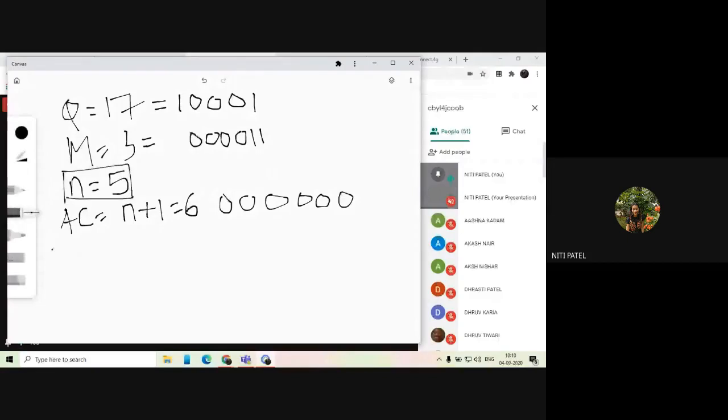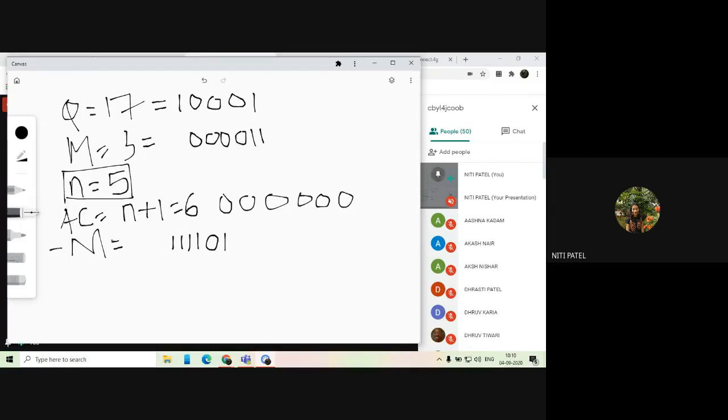How many cycles? Number of cycles will be n, equal to 5. Now you have to also find out minus M. What is minus M? It is the 2's complement of M. So you have 1 as it is, 0, 1, 2, 3 and 4. Is your minus M correct? 1 1 1 1 0 1. Yes, ma'am. Everyone has understood up till here?